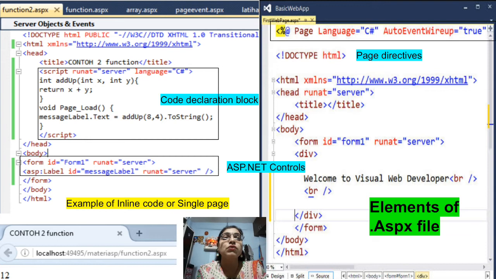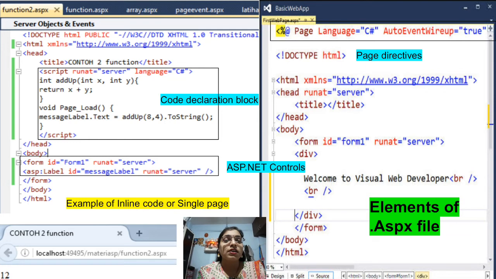It means once we execute the page, once that web page is loaded, immediately you will be able to see the output, and the output is going to be displayed on the label. So Label1.Text = addup(8, 4).ToString(). Basically 8 plus 4, that is 12, is performed, and as we all know the addup function has an integer return type. So it will return the answer as an integer, and whenever we want to display a message on the label, it should be in the form of a string. So just to convert the integer answer into a string, we make use of the ToString function.